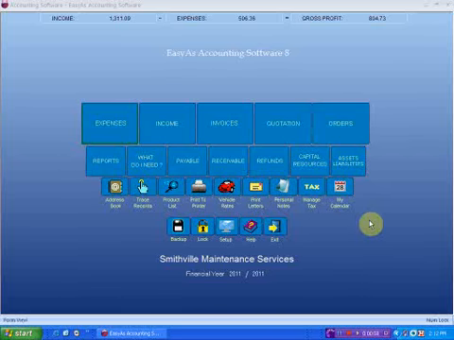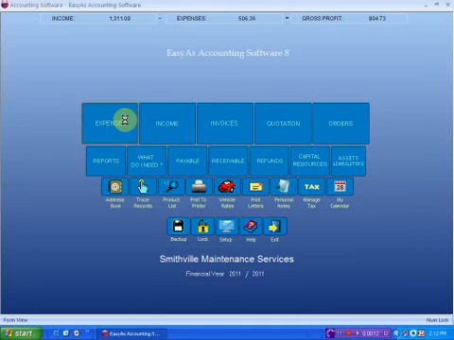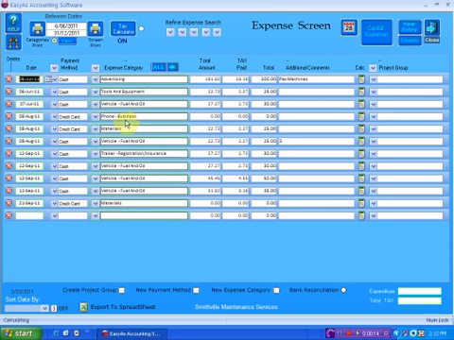Hello, for this video I want to discuss filtering. If we look at our two main areas, our expenses and our income, on both these screens we have a number of drop down boxes. See these drop down boxes here? As I highlight these boxes, it changes what is written up top here and it tells me what it is